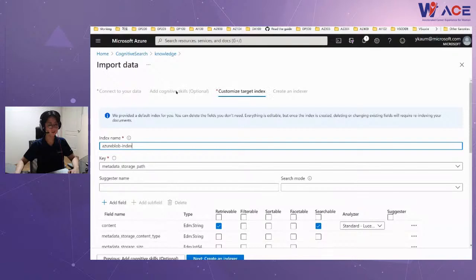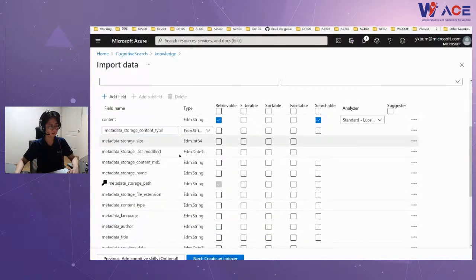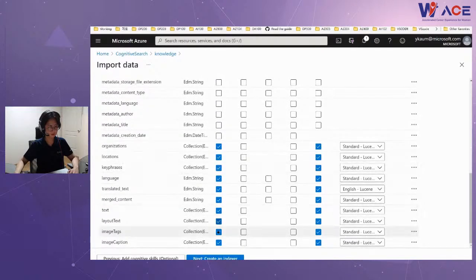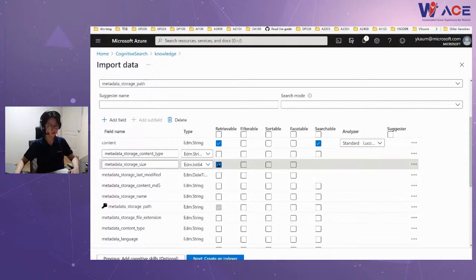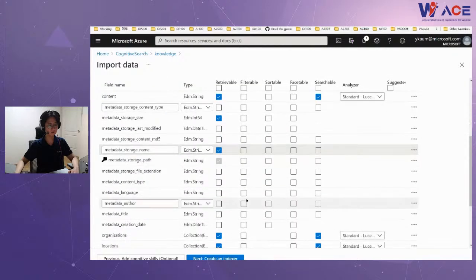Once I successfully extract enriched fields from my original data, how much data do I have? Okay, wow, it's more than 20. I don't actually need everything in my index. I need to think and decide. Okay, my customer may retrieve these contents, and they can see the size of it, and they can also check the name of the file and document, and they can also search the document name.